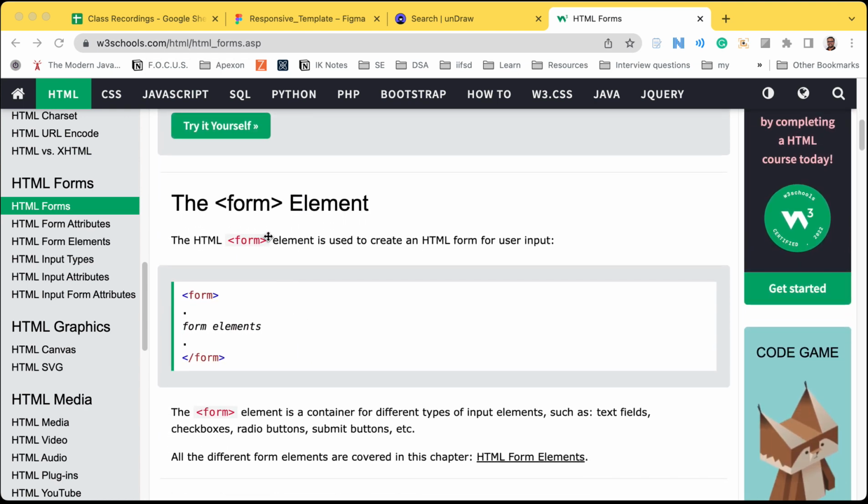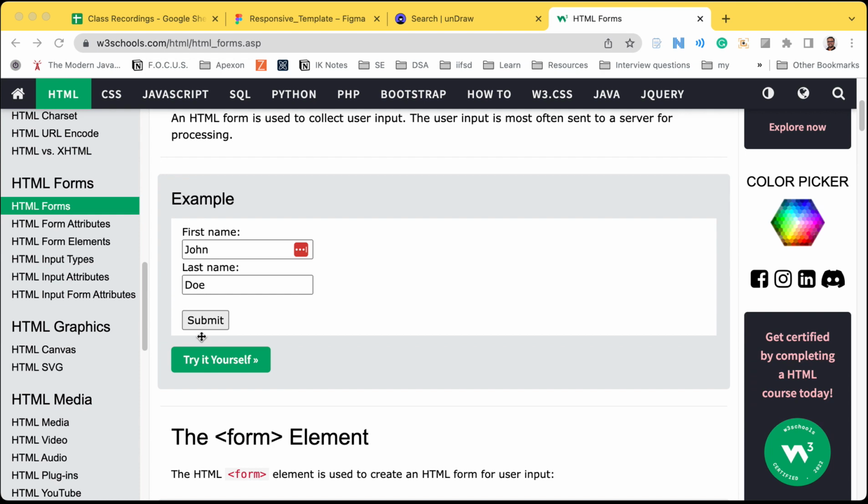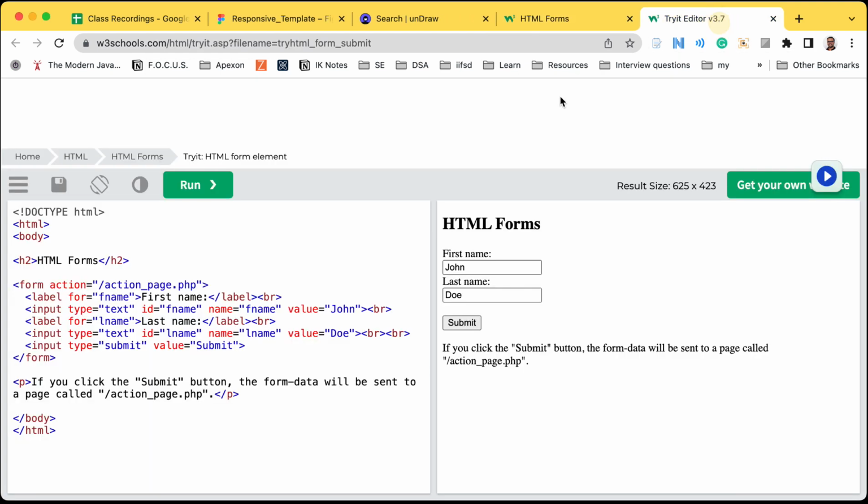So the form element is used to create an HTML form. So we have this form and inside that a couple of elements. So let's quickly explore it. Here you see you have a form. This first name comes from this label. Then we have this input of type text, another label, another input, and finally an input of type submit, with